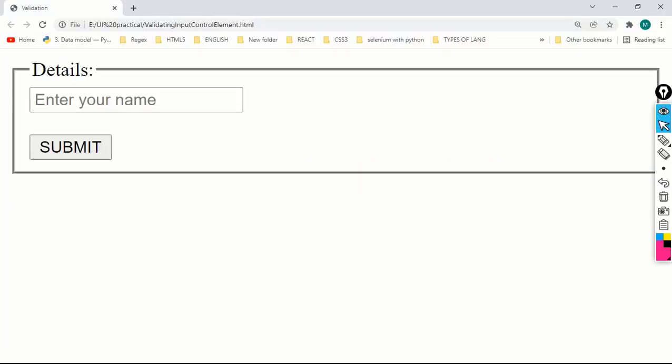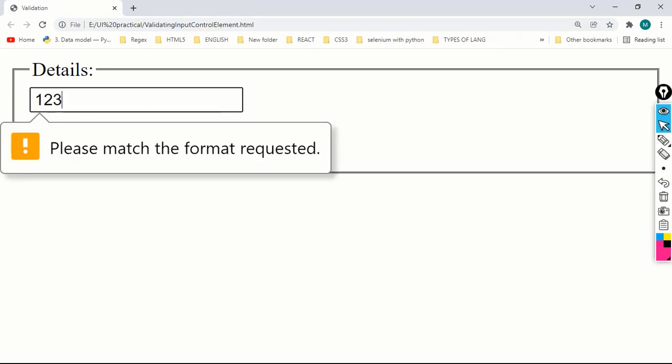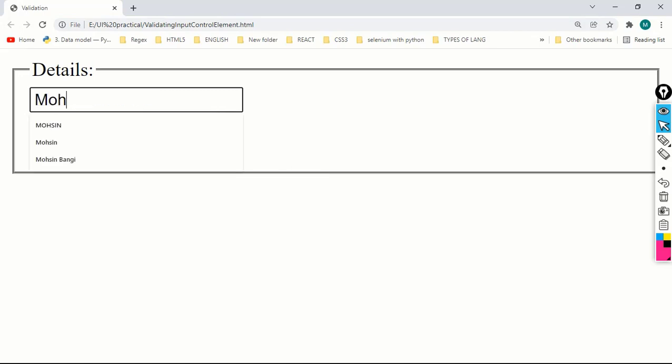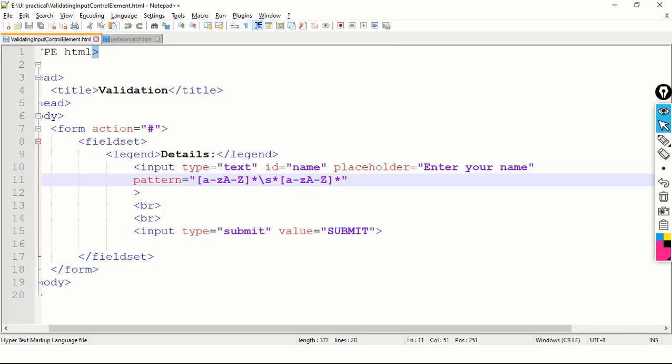Here I am typing 123. It will not accept. Please match the format requested. Now I will type Mohsin Bangi, submit. It is accepting now. Correct. So in this way we can write our matching pattern using the pattern attribute.